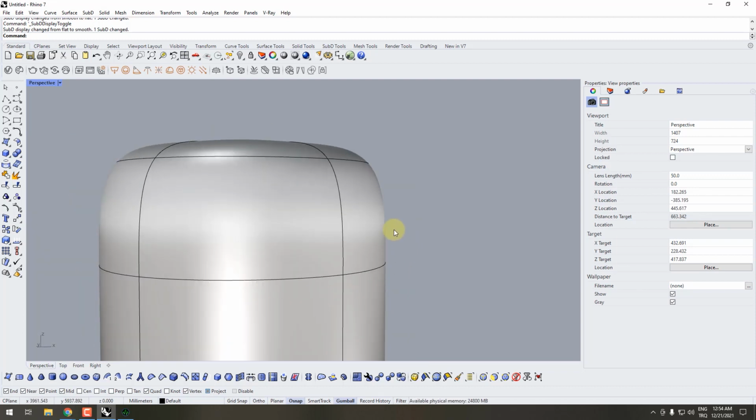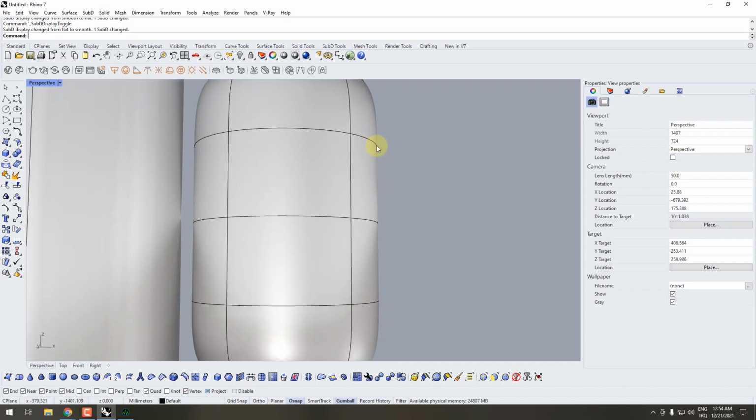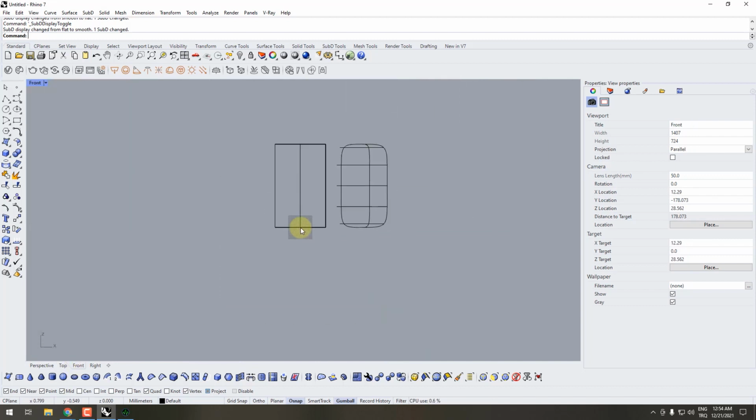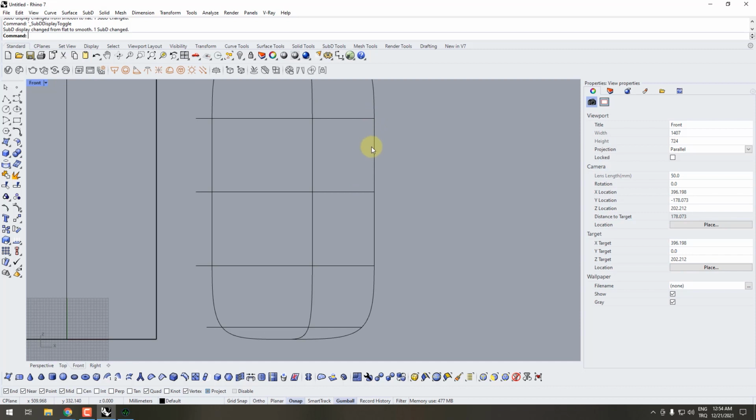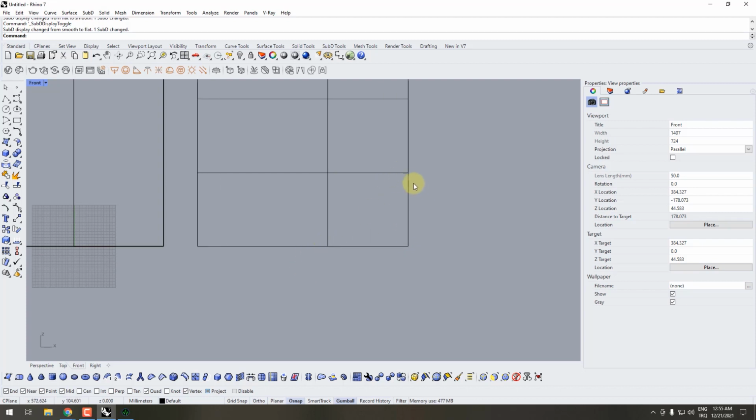Have a look at it again. You see smoothing starts here and then makes the edge smooth. At this point, smoothing stops and the line, if we have a look at the front view, starts to go down in a straight fashion,